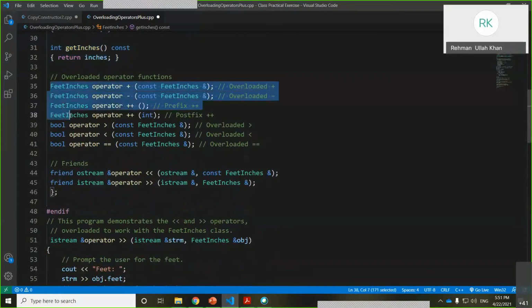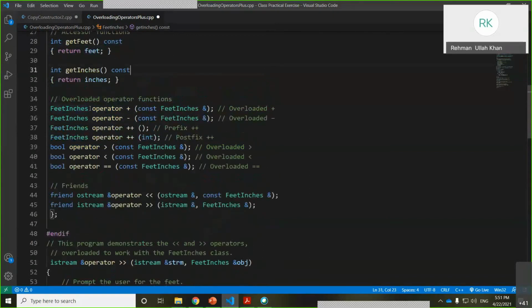These are the different functions, and these can be used to overload the different operators. For example, if I want to overload the plus operator, then it will return the same object, which is why we use the class name. And the word operator is compulsory. Which operator do you want to overload? Plus. And this will be the argument.